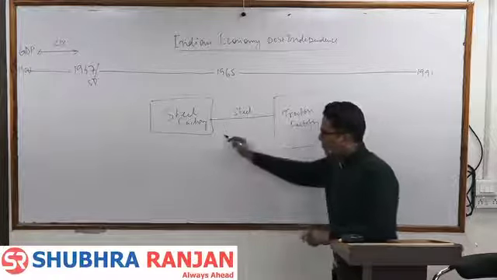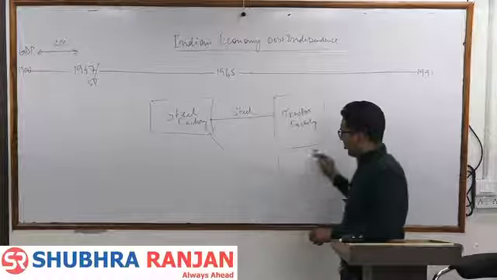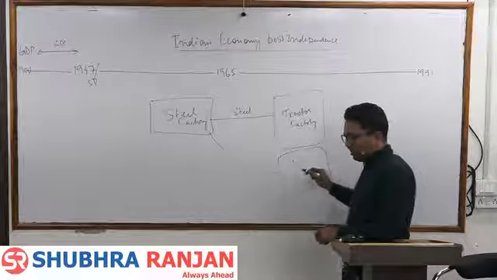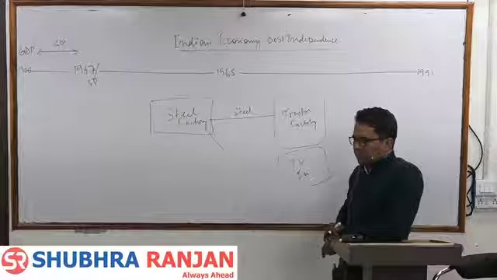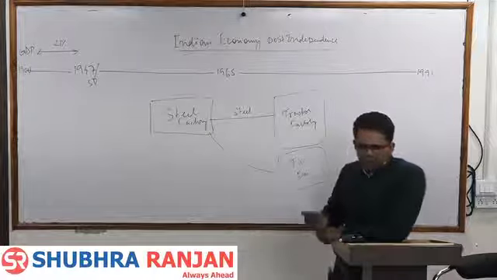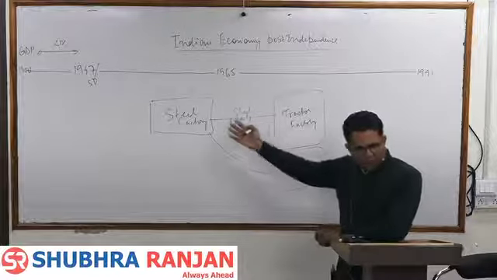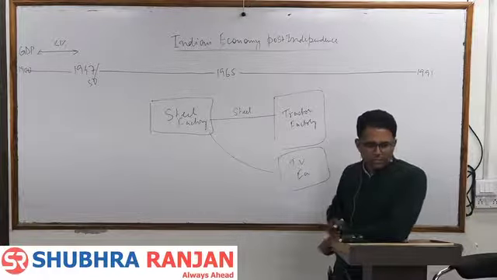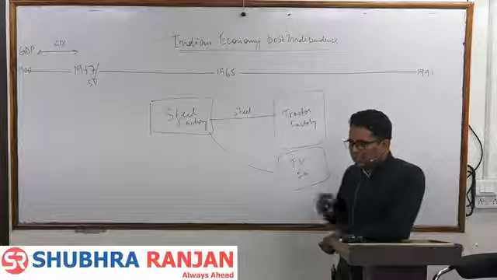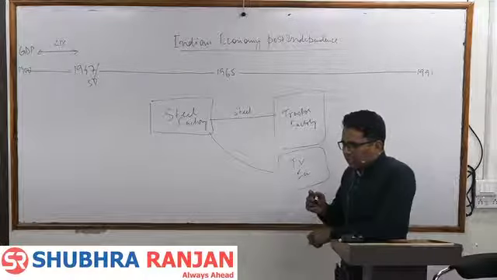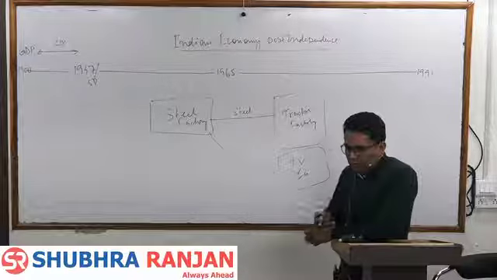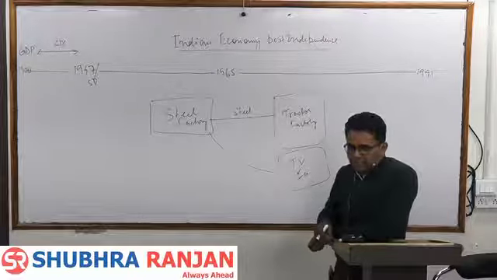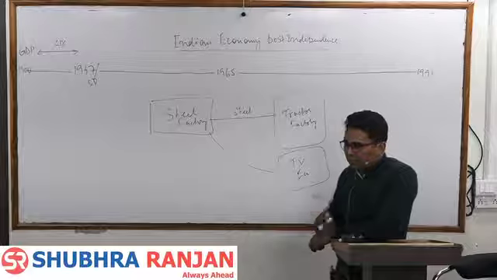If we set up a steel factory, with this steel factory we will be able to set up a TV factory. This TV factory will help in the production of TVs in the economy. To set up any factory, you require the output of this factory. ठीक है. So he said that if we want to reduce our imports of capital goods, if we want to be independent, we should not be dependent on import of capital goods.